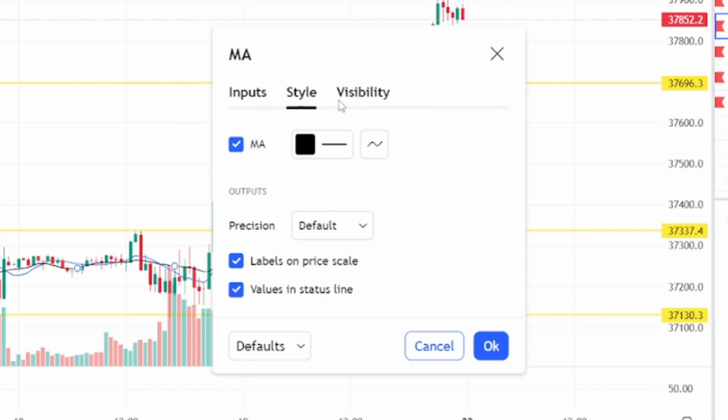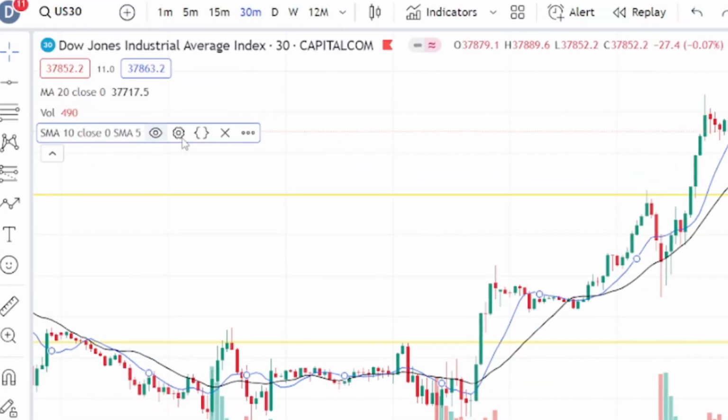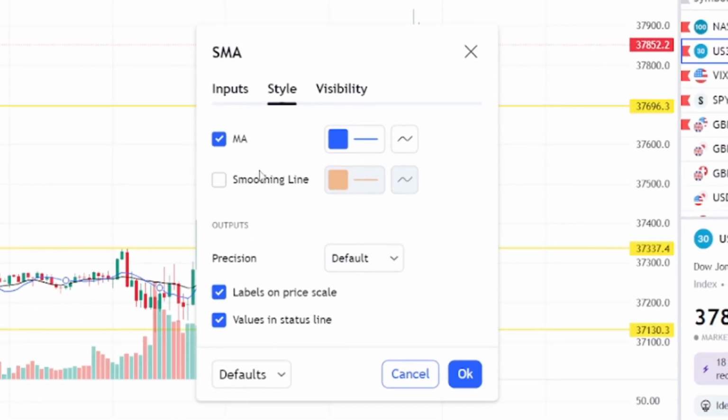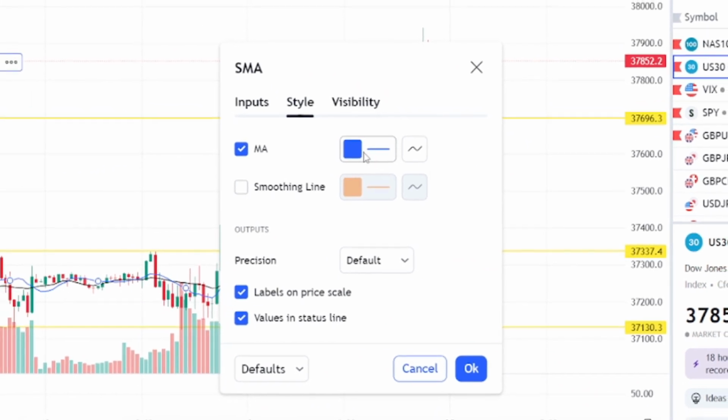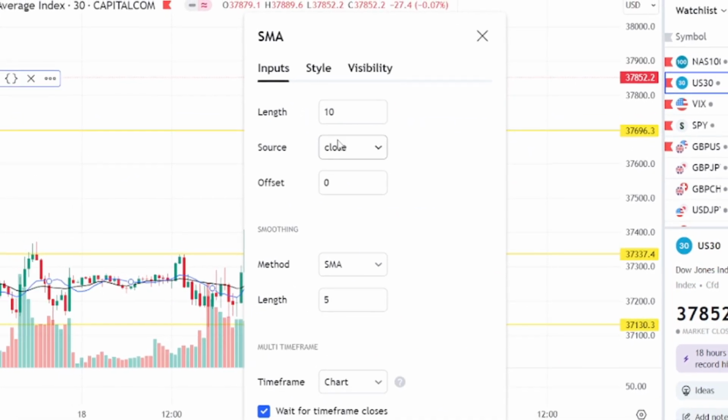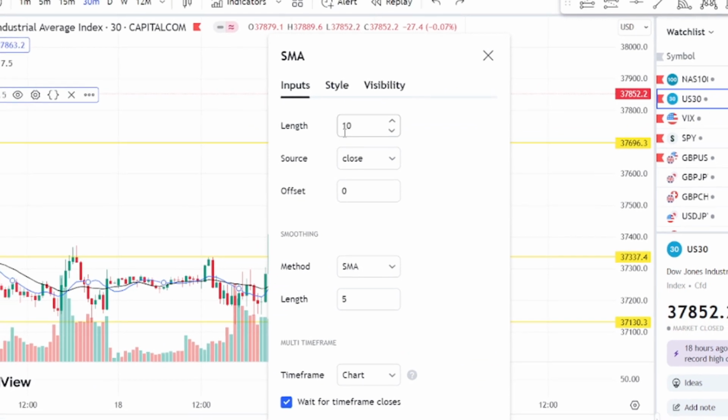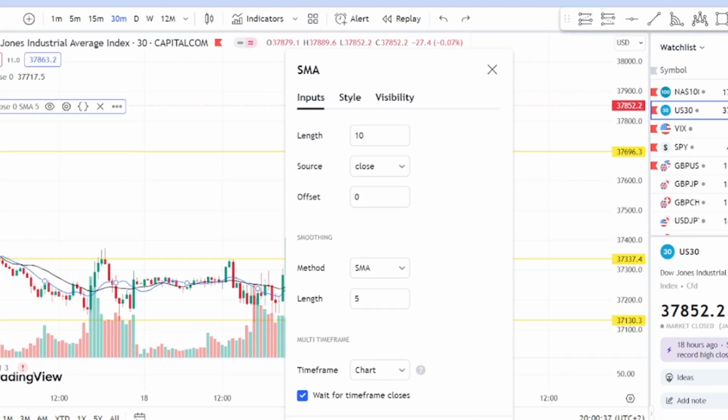So what we're going to do is edit it and set the length to 20, and for the style you can choose whichever color you want. The next moving average is going to be the SMA. The length needs to be 10, so that's how it's going to work. The moving average is just